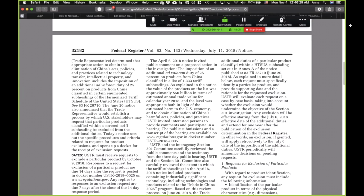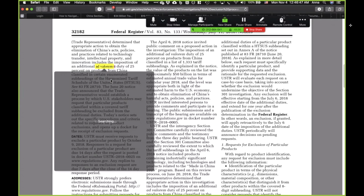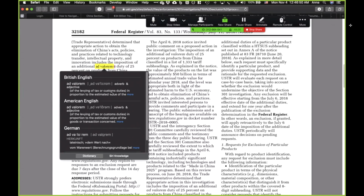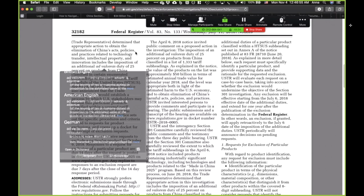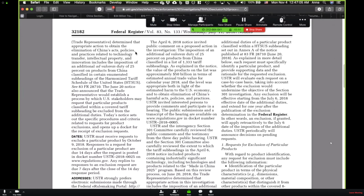Trade representative has determined that appropriate action to obtain the elimination of China's acts, policies, and practices related to technology transfer, intellectual property, and innovation requires the imposition of an additional ad valorem. In case you're wondering what that means, let's quickly look it up. Levying tax or customs duties in proportion to the estimated value of the object. Valorem is in proportion. Duty of 25% on certain products from China classified in certain enumerated subheadings of the Harmonized